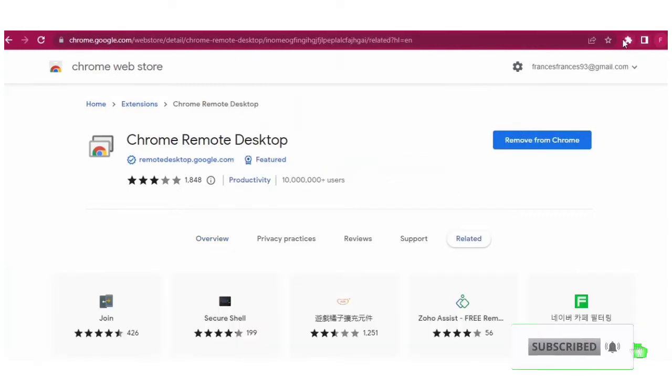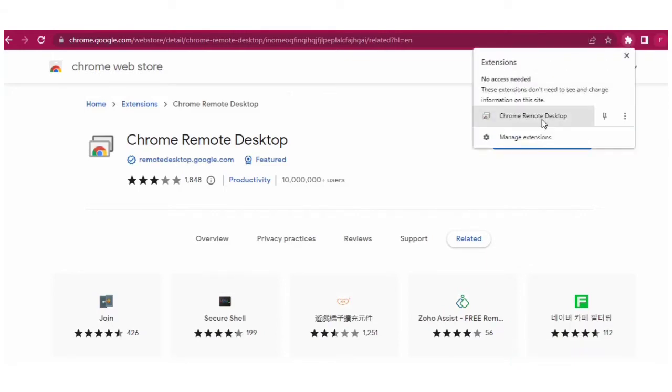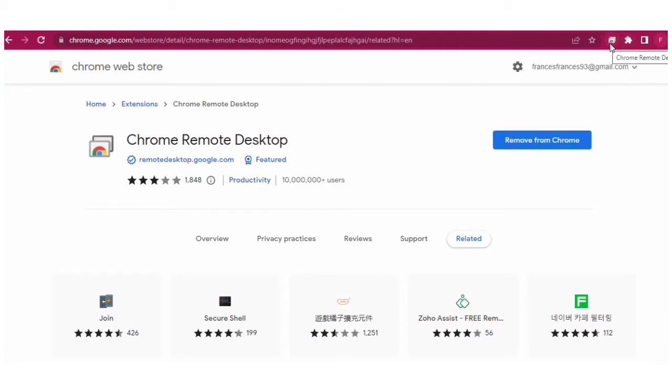At the top of our screen here, you notice that an extension bar has been added. Once you click on it, you would see the Chrome remote desktop. Then you actually have the option to pin it or leave it hidden. So I'll just pin it to my browser so I can easily access it. So this is it here, the Chrome remote desktop. Once I click on it,